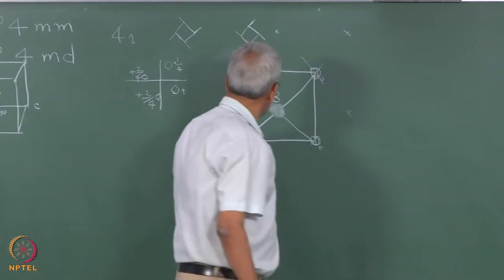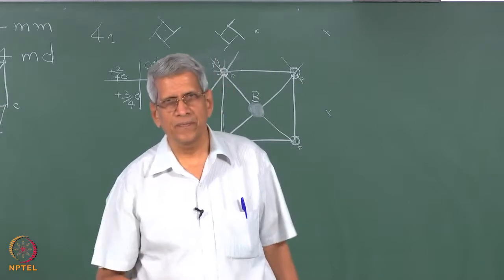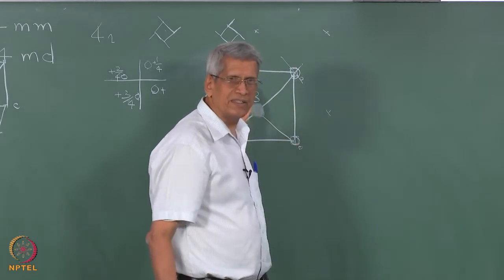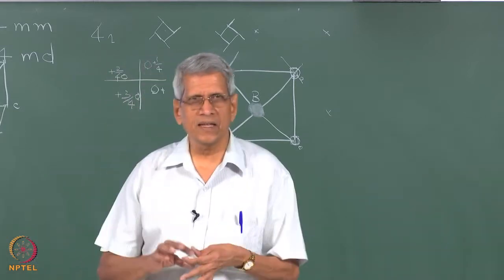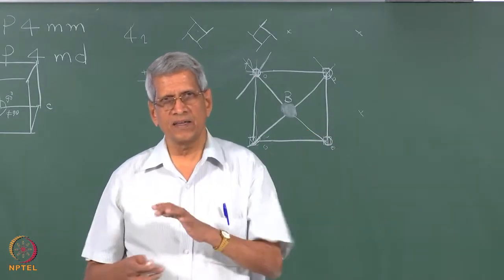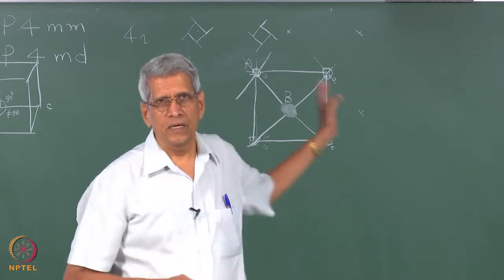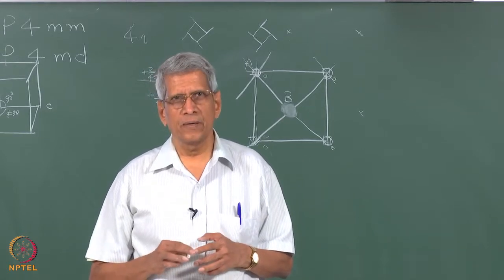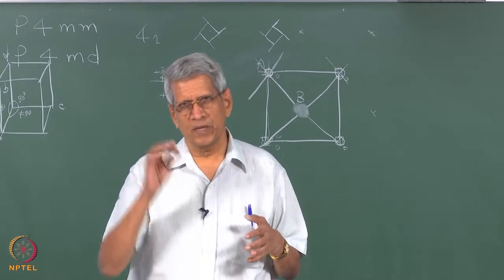Because A atom alone forms a lattice which satisfies a 4mm symmetry. B atom, if we look at it, has another similar lattice, which also satisfies the 4mm symmetry. These are generally in crystallography what we call sublattices. Whenever ordering is there, each type of atom we can consider as occupying its own sublattice. A typical example which we can take is NiAl. If I take nickel and aluminum, nickel occupies corners and aluminum occupies the center of a cube.